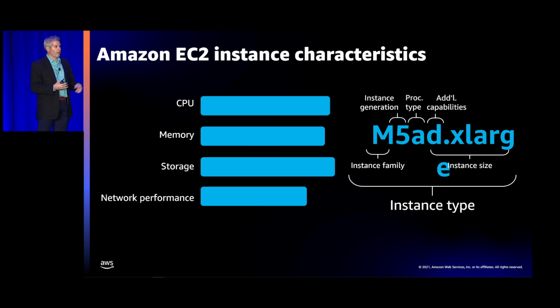Seems simple, right? And in this example, I also included a D. I labeled it additional capabilities. Additional capabilities in this case adds an additional NVMe. So if you need the additional storage, you would look at the NVMe here. And in the end, the name is actually extra large, XLarge. And each of the instances increase in size. So you could have an XL, then you have a 2XL, 4XL, 8XL, etc.